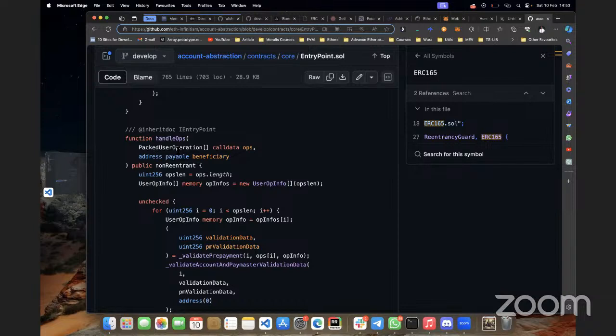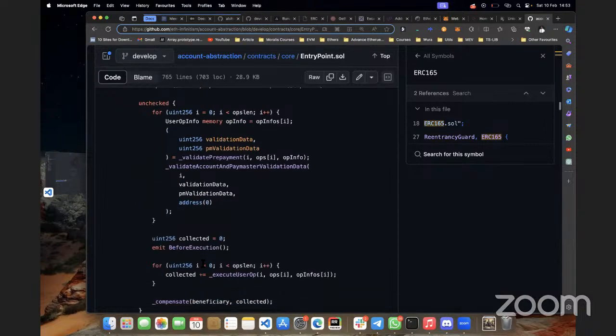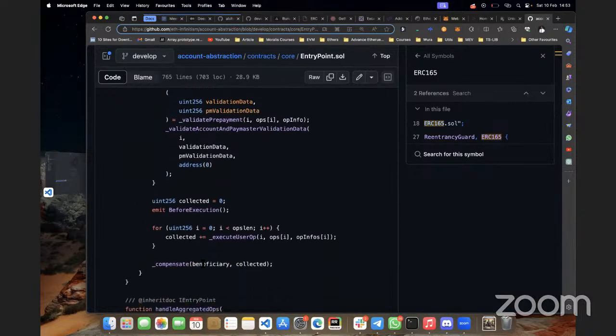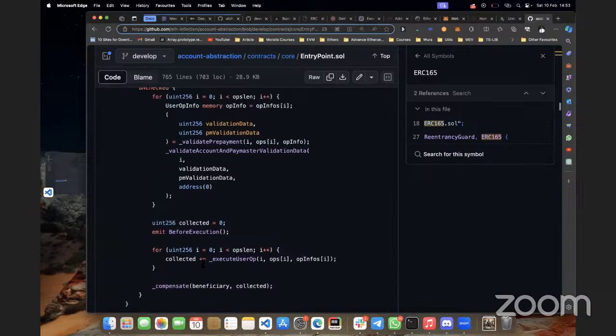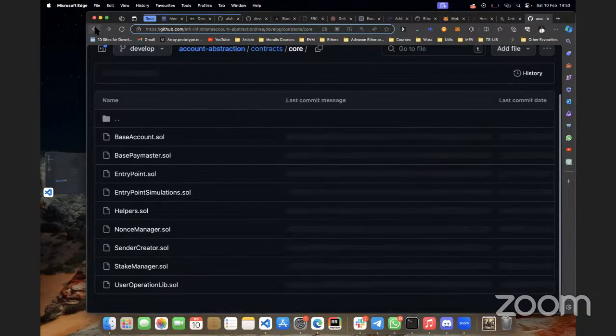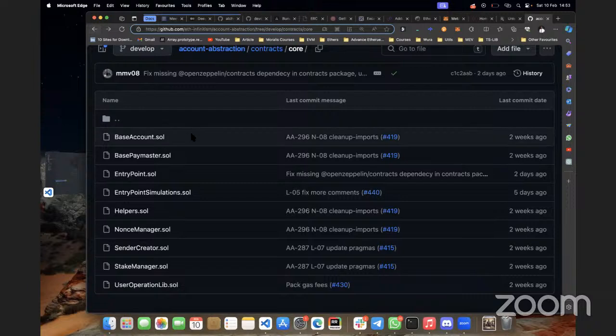All those checks are done inside this contract. I think these are the two things you should just know about this contract, and you can read the rest much more later. So the next thing is